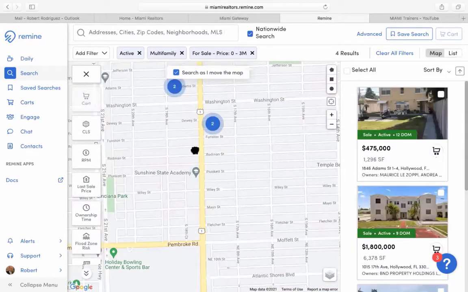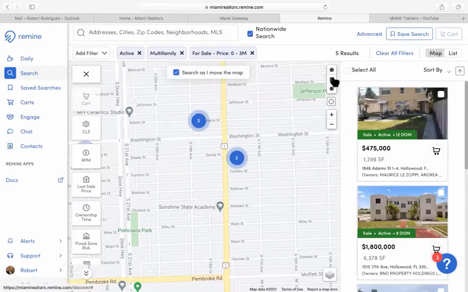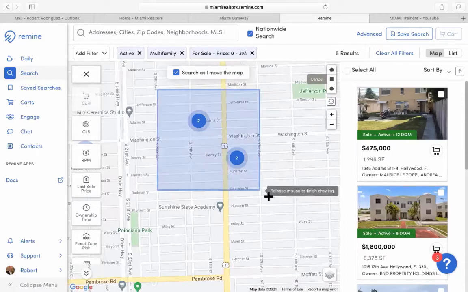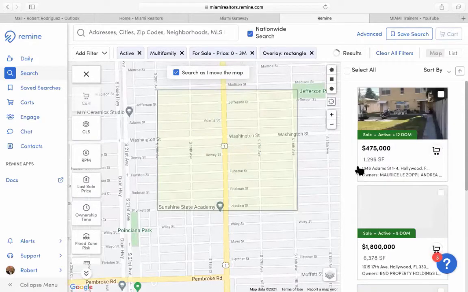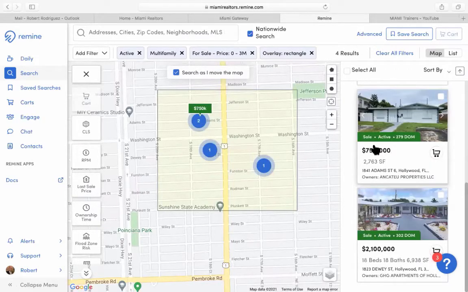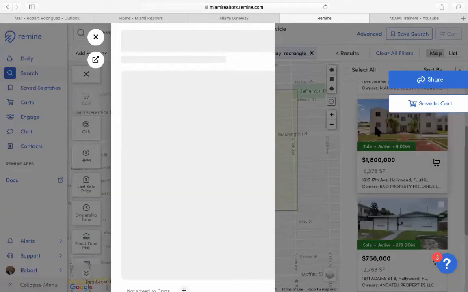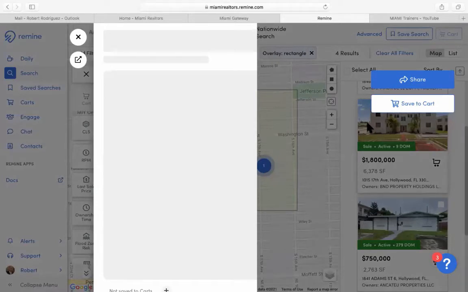So if I want to see 4 results, for example, see here, 2 and 2, then I can always go ahead and grab either a polygon, a rectangular shape, or a radius. In this case, let's go with the rectangular shape. I can draw the rectangular shape, release it, and now we have here 4 results, okay? So let me go ahead and choose one of these results. It's going to open up a preview page that's going to allow us to look at the property